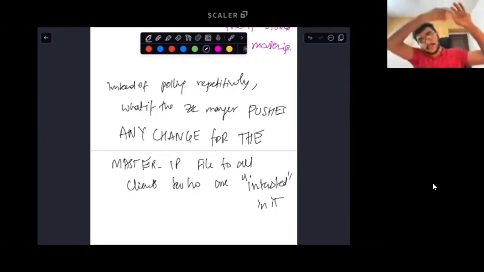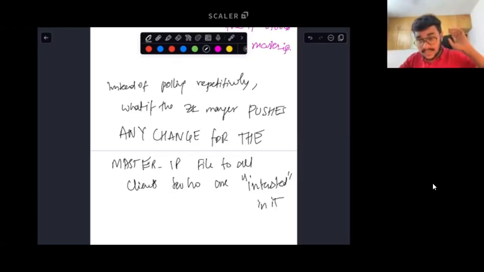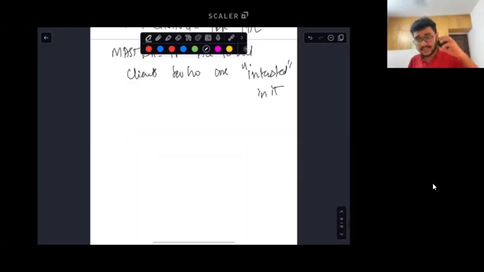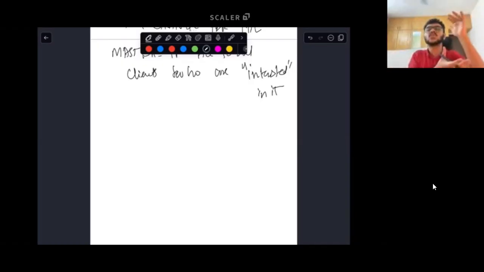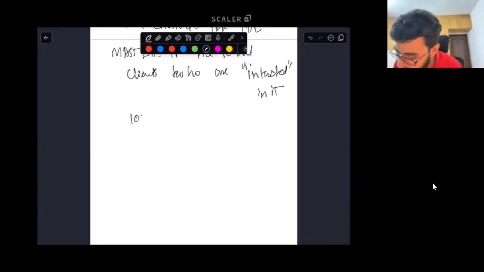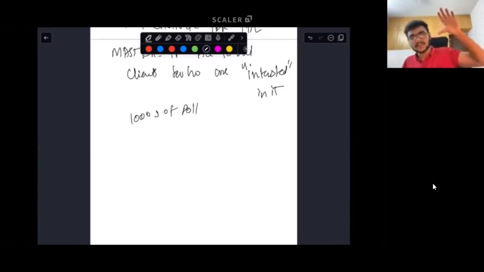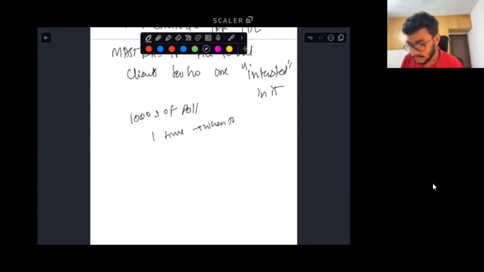But what if it pushes this value? In that case, the Zookeeper client for the slave will not have to make repetitive requests all the way to the Zookeeper manager just for getting the IP address of the master database. Is this point clear? That instead of making thousands of poll requests, the push from the Zookeeper manager only happens one time, when the master IP actually changed.